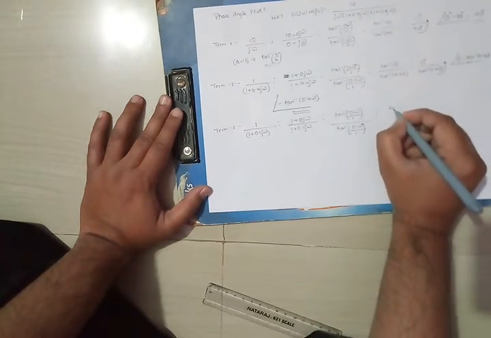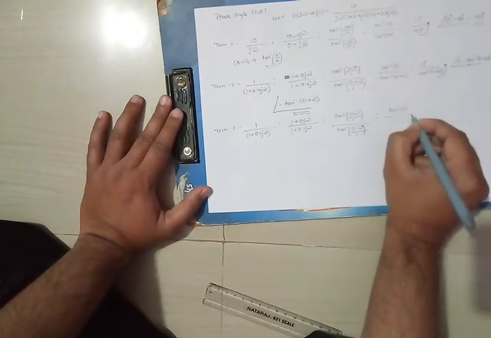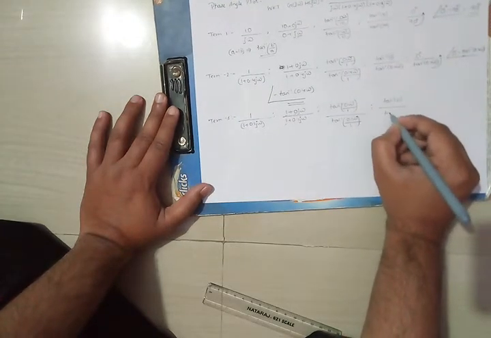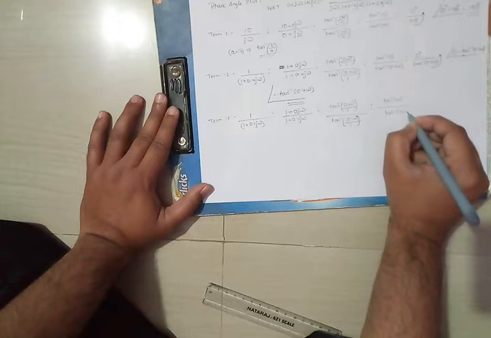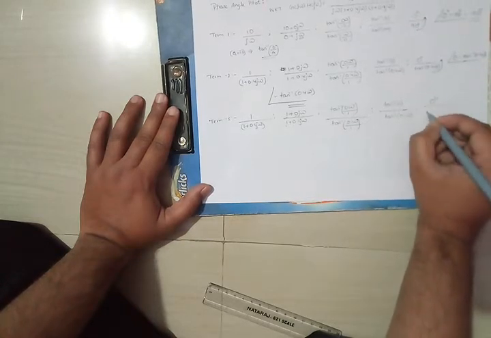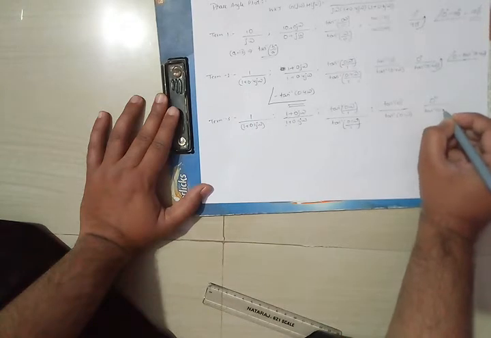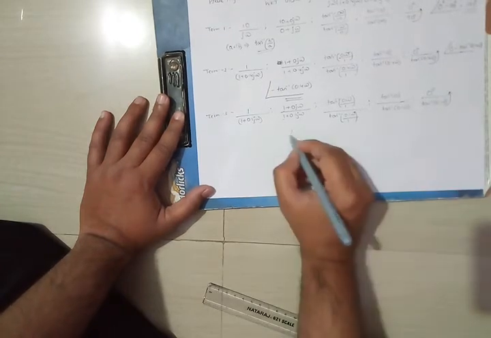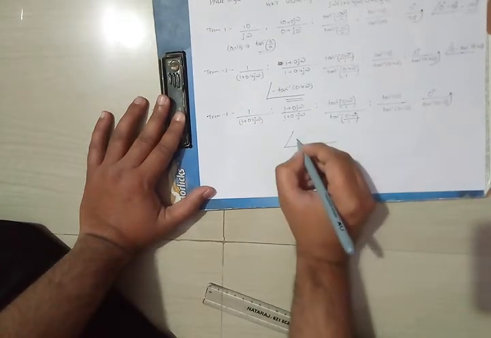So this will be equal to tan inverse of 0. 0 by anything is 0. Hence we have written tan inverse of 0 divided by tan inverse of 0.1 omega. Tan inverse of 0 is 0 degrees divided by tan inverse of 0.1 omega. Again, when this angle is shifted towards the top, because we have 0 there, the angle with respect to the third term will be equal to